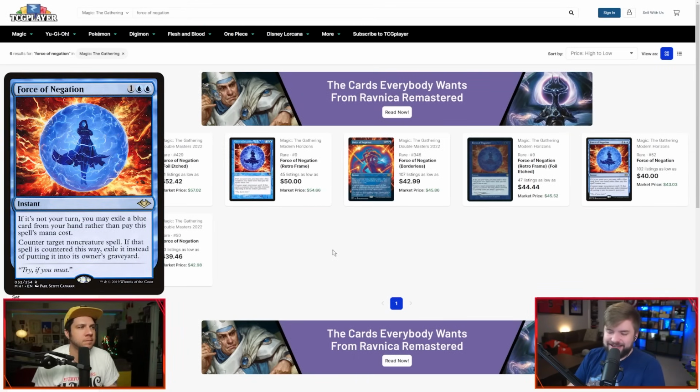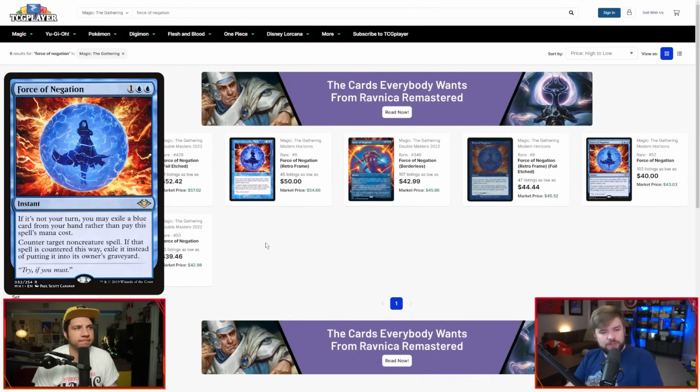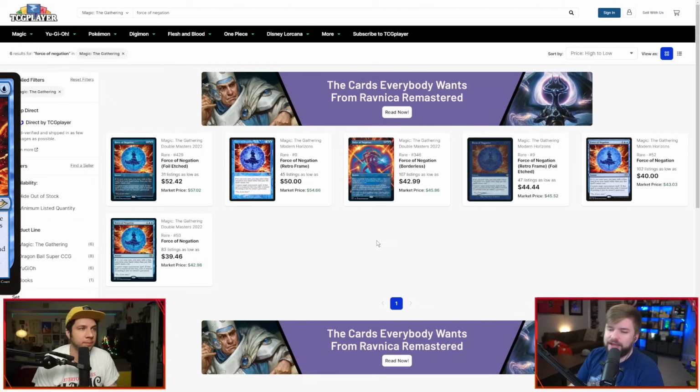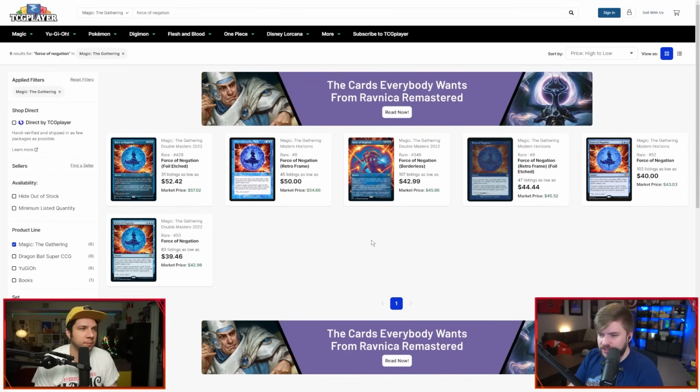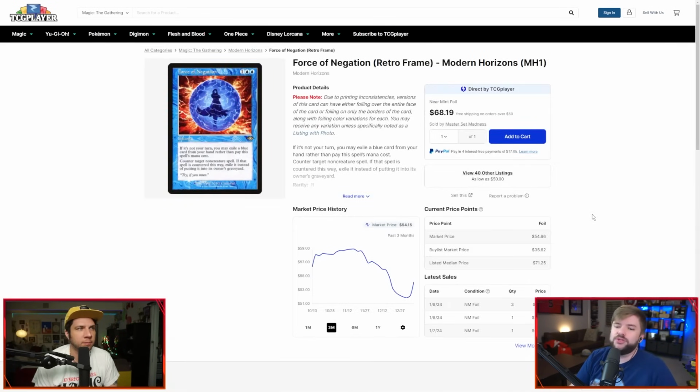2 printings and 6 versions among your bases and your borderlesses and your retros. Originally printed in Modern Horizons, Jake, and that was just in 2019. All right. Then reprinted in Double Masters 22, where we got your base, you got your foil etched, and you got your borderless. Then we also got our Modern Horizons 1 version with the retro frame